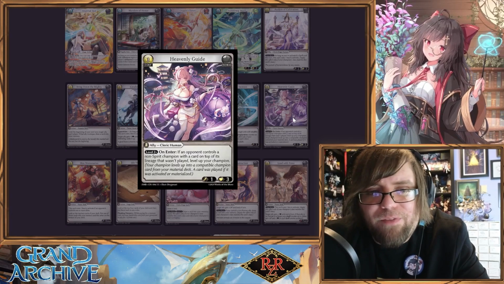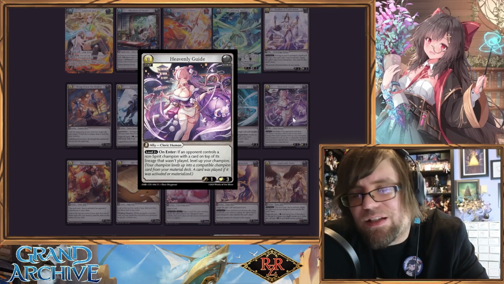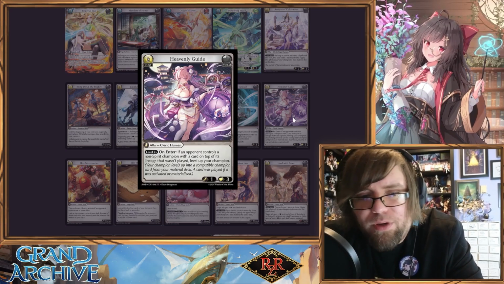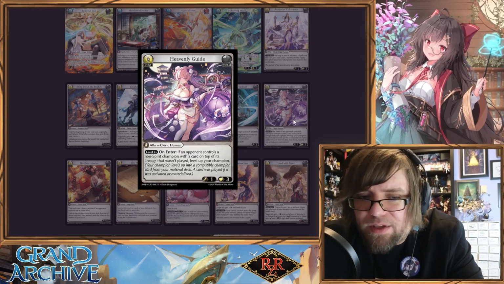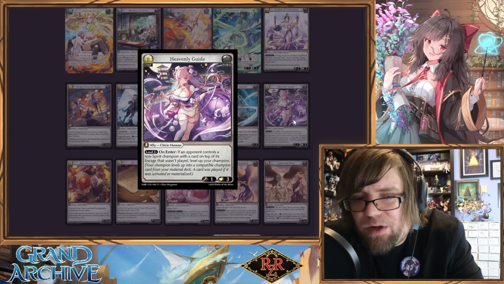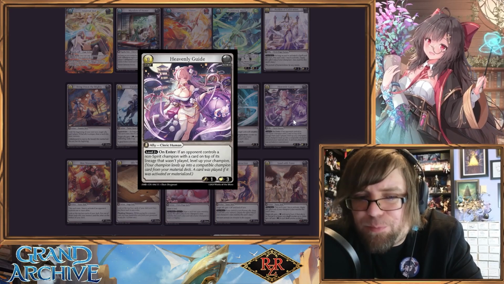Alright. Here we have a very spicy card, both in terms of art and potentially in terms of effects. So this is a new guide. This is the Heavenly Guide. This is a 1/3 for 3, Cleric Human. So on level 2+, it's only on level 2+. On enter, if an opponent controls a non-spirit champion with a card on top of its lineage that wasn't played,